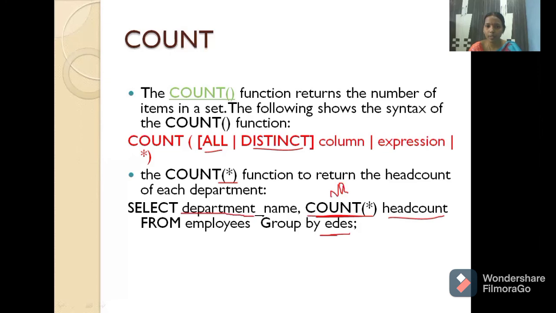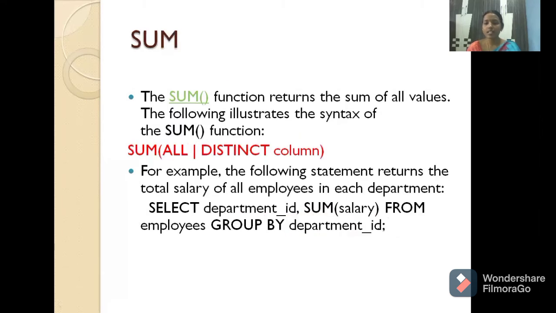So this column name you should write here, employee department name, here also. Okay. Sum means what? Addition of all the rows. So this is sum. Sum means the sum of the salaries of all the employees according to the department ID. So you consider department name, or you can consider department ID also, right? Now we'll see the practicals of this.